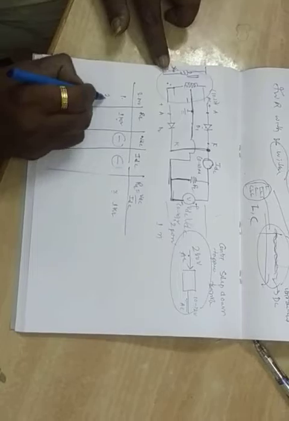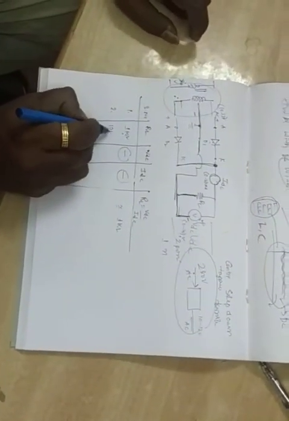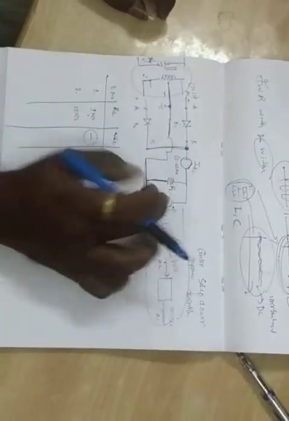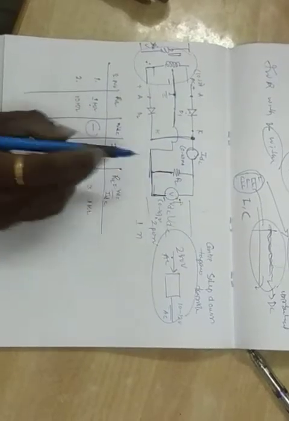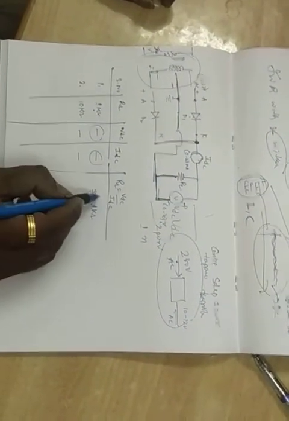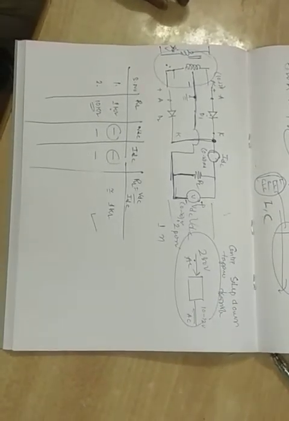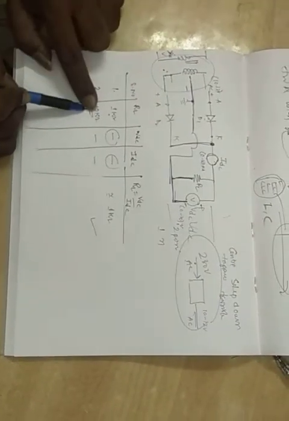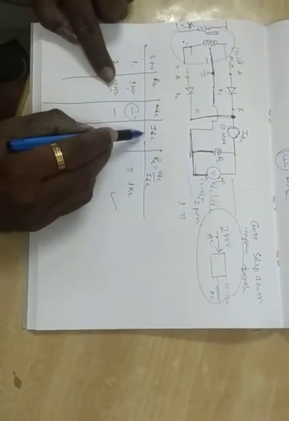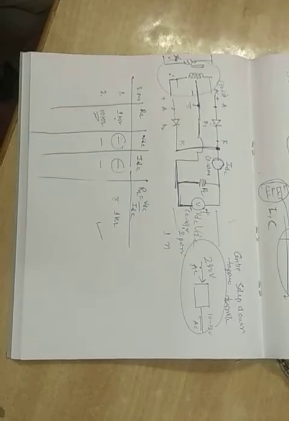Then, after getting the proper readings, I go with 10 kilo ohms. This meter will give one reading and the other meter will give another reading, so I should note them down. If the ratio equals 10 kilo ohm approximately, then your reading is right. But if you are using 10 kilo ohm and the ratio VDC by IDC gives only 1 kilo ohm, then your readings are wrong. You got the point?